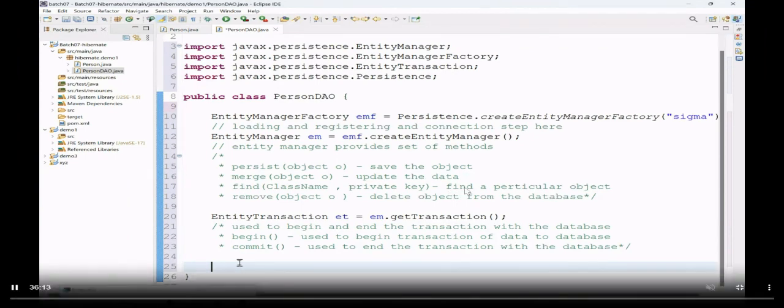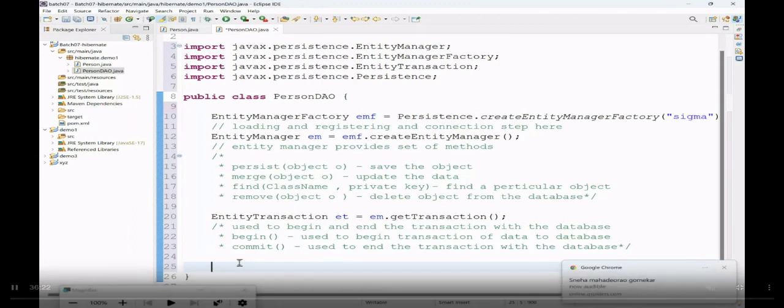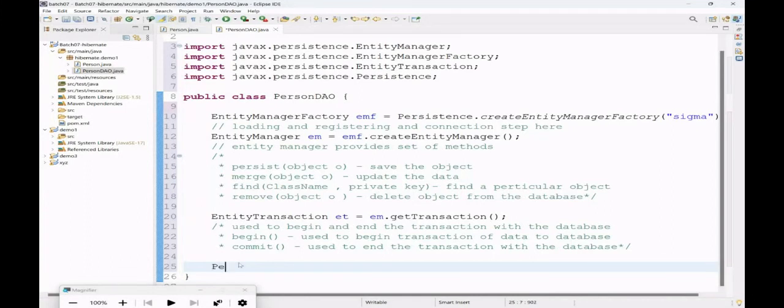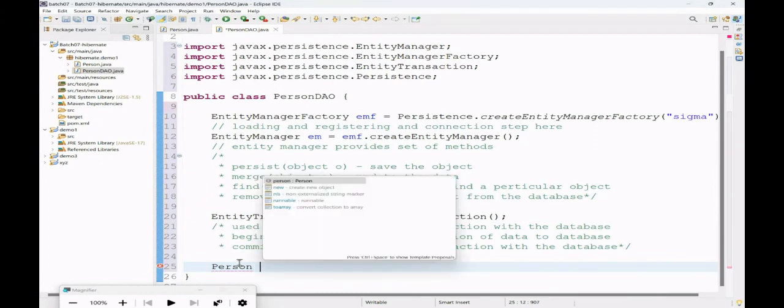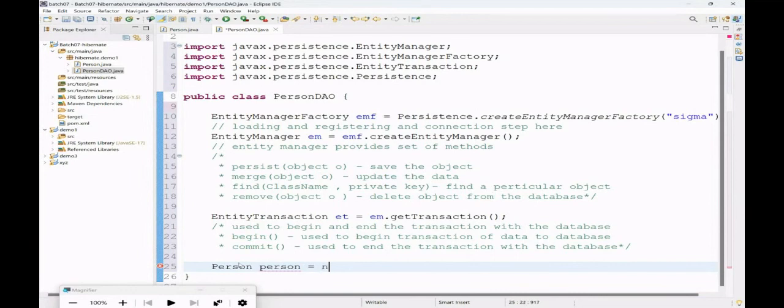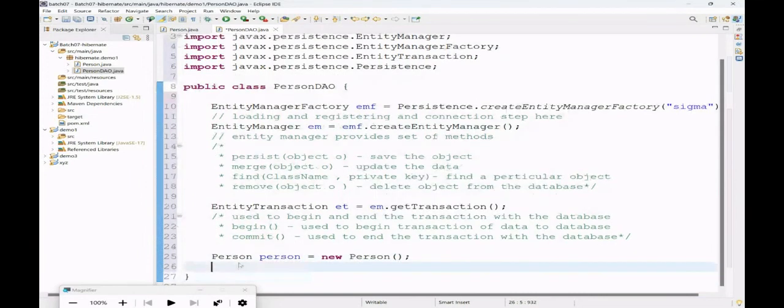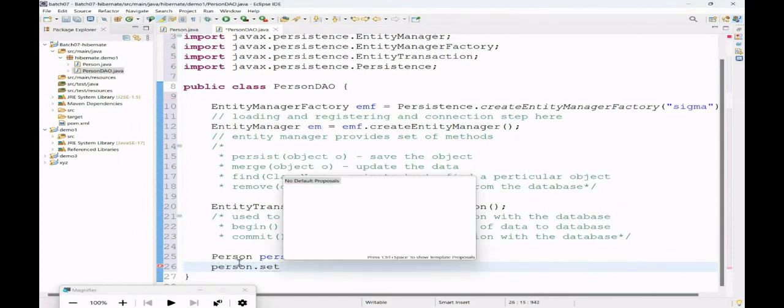So let us continue. Our task now is to save the object into the database. Now I'll just create a person. I'll create an object of Person. I'll say the name as person itself, and new Person. This is how you usually create an object. And how do you set values to the object? Just call the person object and say,